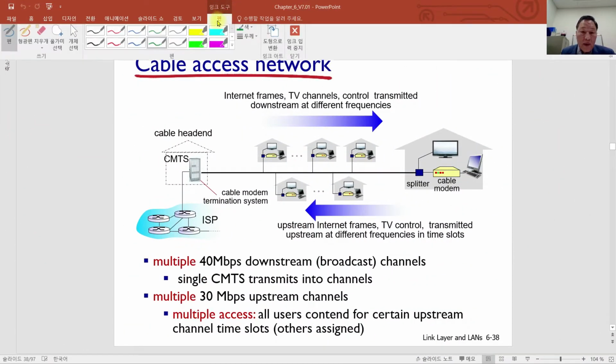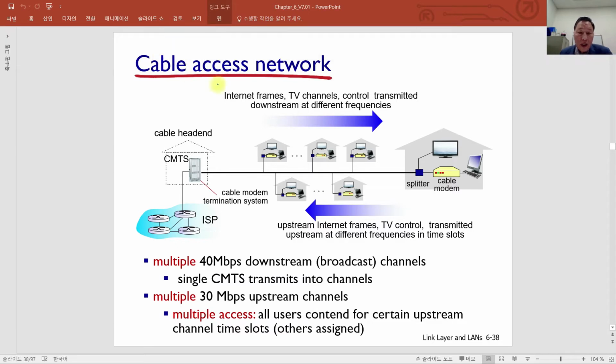Let's look at this cable access network using the cable modem. Here, let's look at this configuration. This one is the cable head end, and this is our house, and here we are using a cable modem. This yellow one is the cable modem,